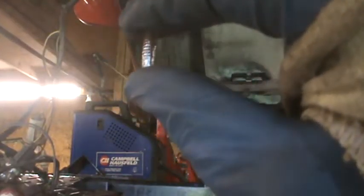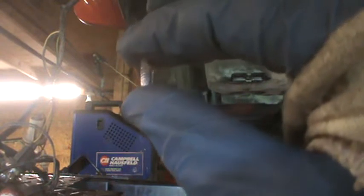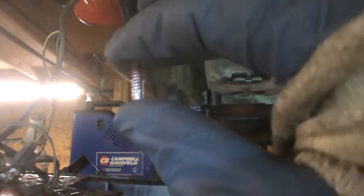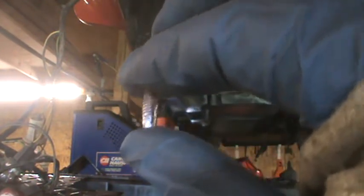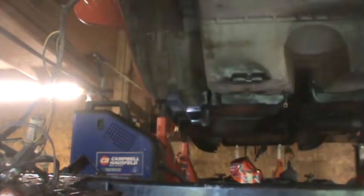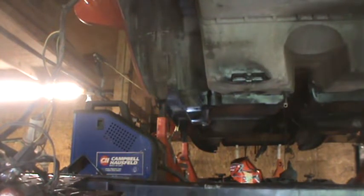And see if I can get some success. If not, I'll have to figure out something else. So in about an hour, I was successful in getting one of the two remaining ones off. Did it with the same technique. I just kept welding on that stud, and it finally got enough heat on it that it broke the rust bond. Problem with the third one is I did the same thing and it snapped off on the other side,